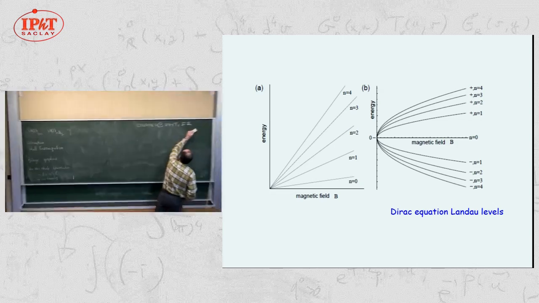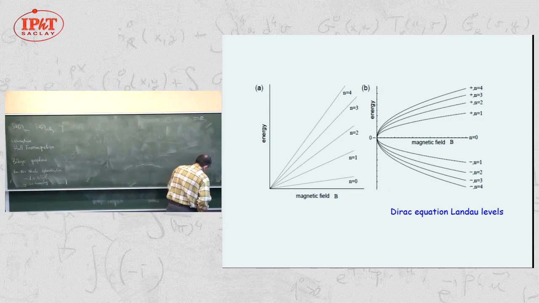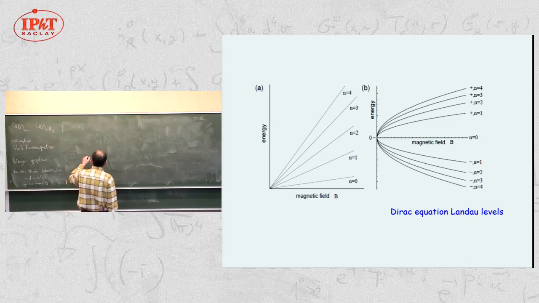And I would like to discuss briefly the band structure of bilayer graphene. If you are making bilayer graphene, it means that the unit cell is enlarged by a factor of 2. So instead of having 2 electrons per unit cell, you now have 4 electrons per unit cell, which means that close to the Fermi level, you will have 4 bands instead of 2 in the case of monolayer graphene.